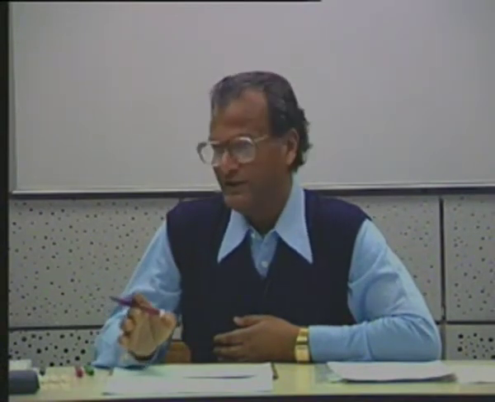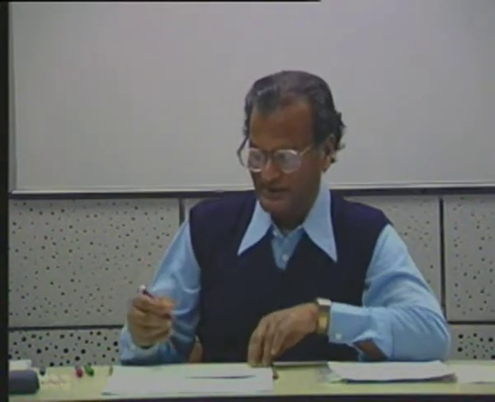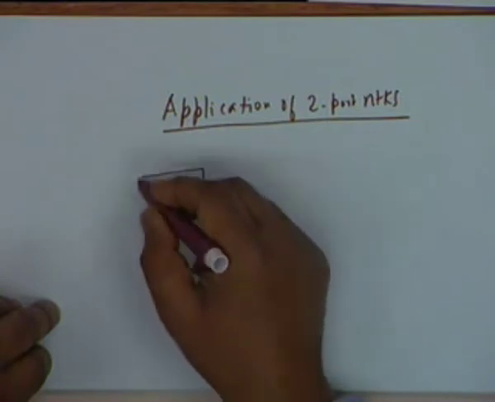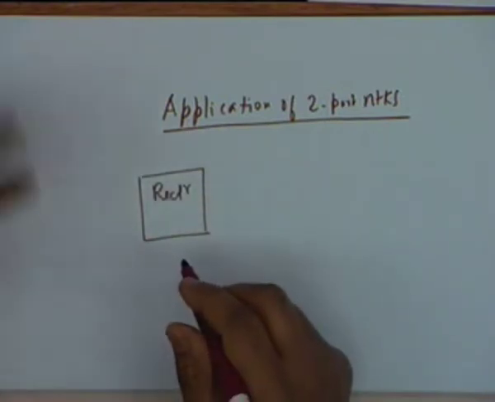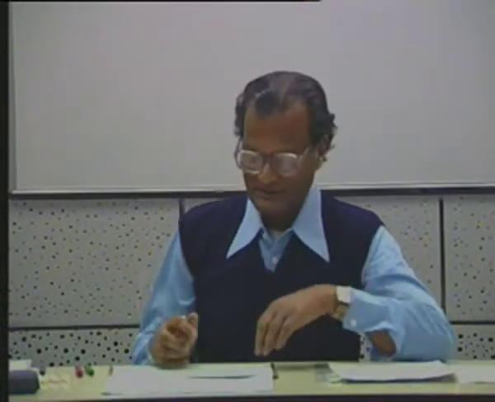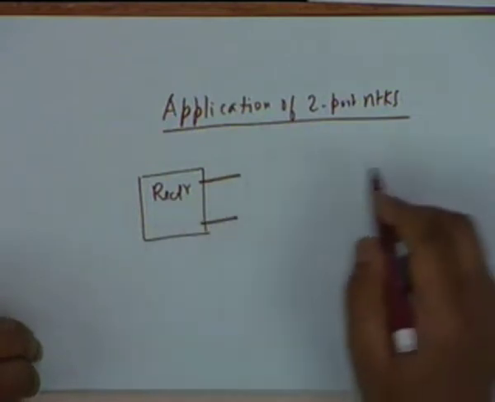Almost all networks are two ports. Two ports of linear bilateral elements are also used to couple one system to another. So they are used as coupling networks. For example, you have the rectifier. You have, let us say, a full wave rectifier containing a transformer and let us say a bridge rectifier, 4 diodes. All right.